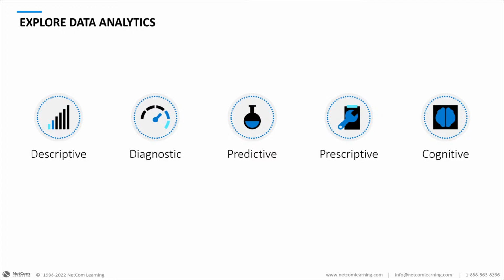So as far as data analytics is concerned, some of the data that we have allows us to use different tools to work with that data. And so there's a few things that we need to take a look at when we're talking about analytics in particular, and there's 5 different areas that we need to focus on.